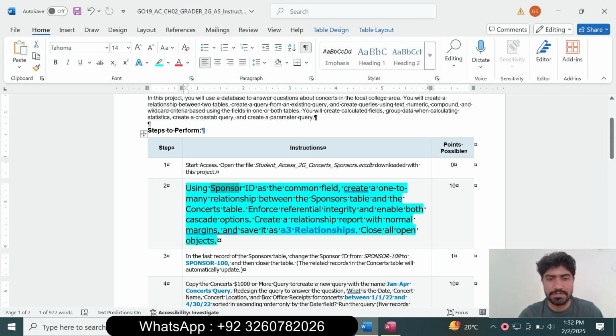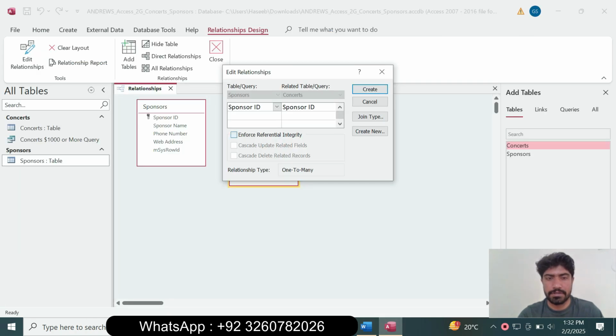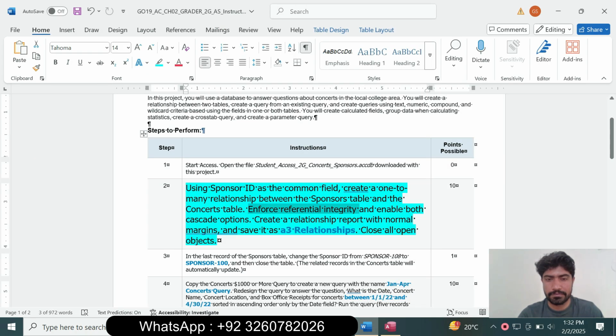Create the one-to-many relationship between the sponsors table and concerts table. So enforce referential integrity and enable the cascade option. So select enforce integrity and cascade options. Enforce integrity, enable the cascade options, and